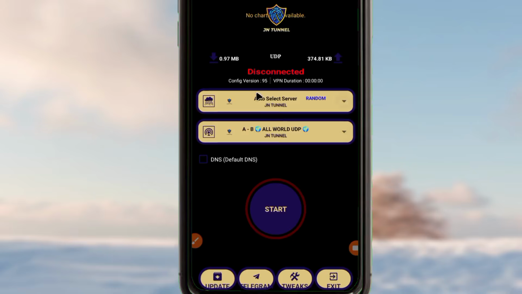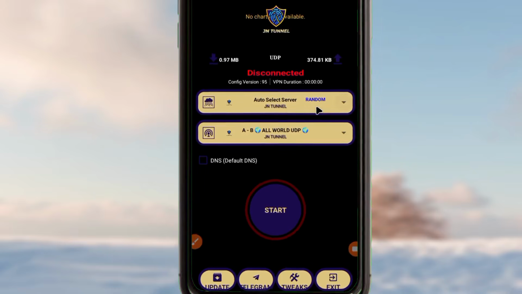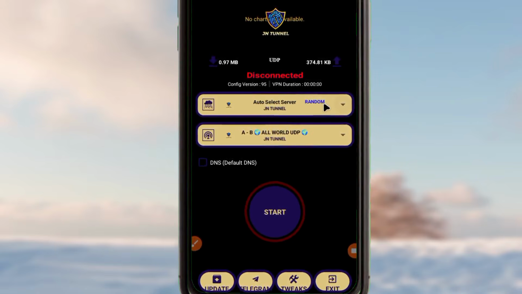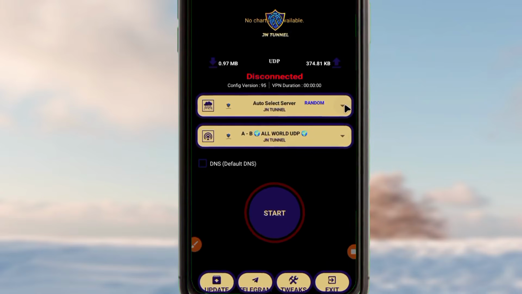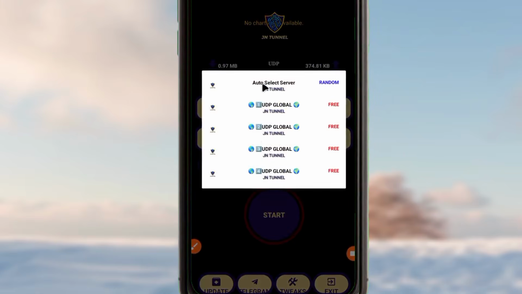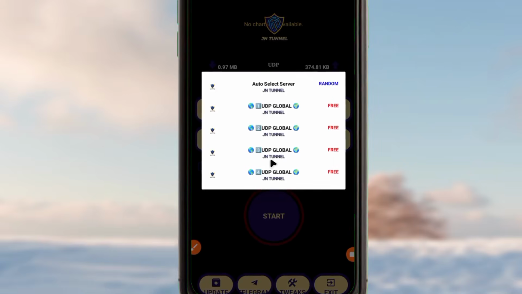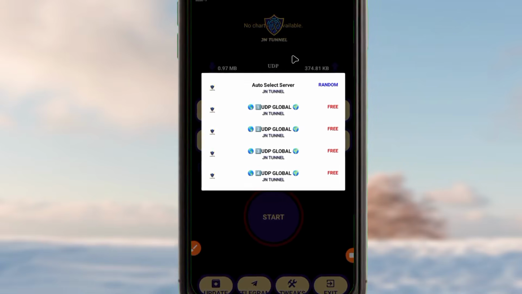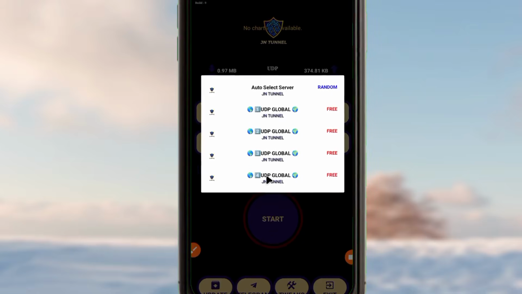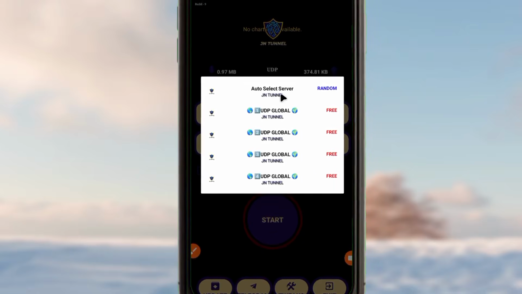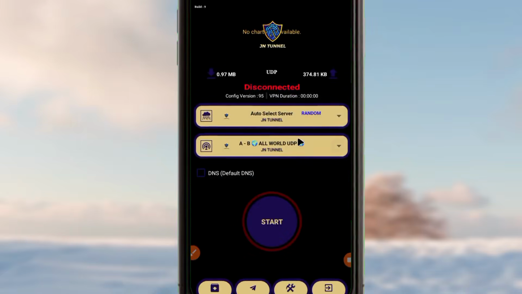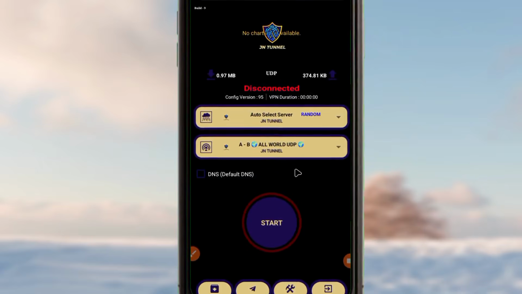And the other setting is you are required to pick a server. So in today's video I recommend you to pick auto select server option. This is because this option will help you, like the app will automatically choose a perfect working server in your location. But just in case you need to pick a specific server, you can tap here, and then among the presented servers, you pick any server you prefer. Just for today's guide, you pick auto select server,